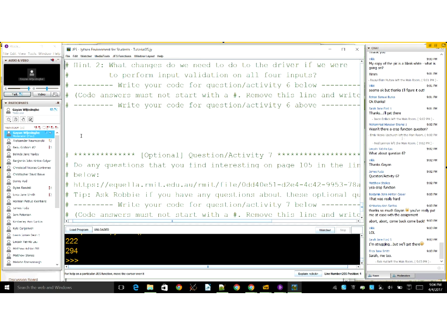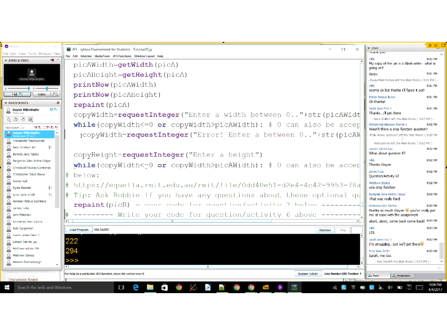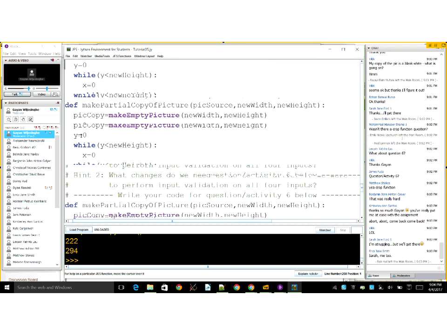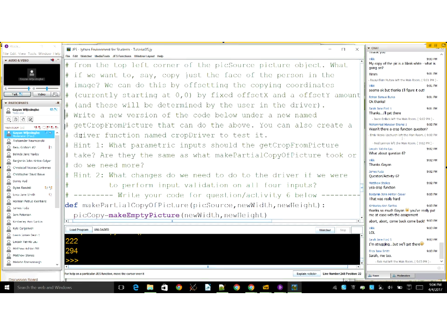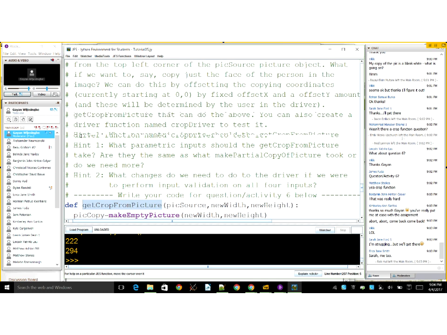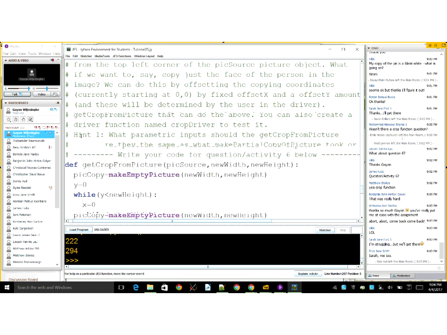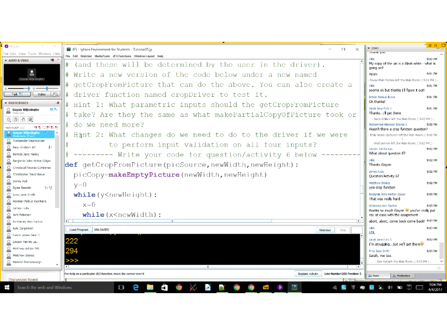We can reuse the same code. Don't worry, I won't rush through this. I will show. So get crop from picture is the name. So you can see the function names have things like actions, you know, make something or get something. So get the crop,